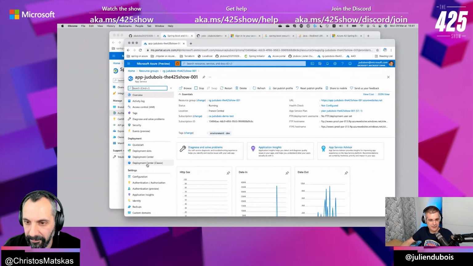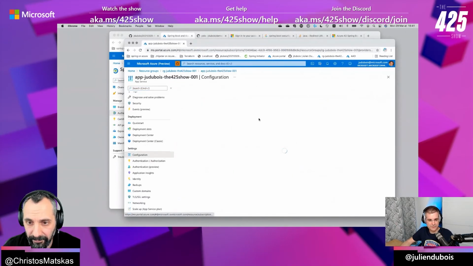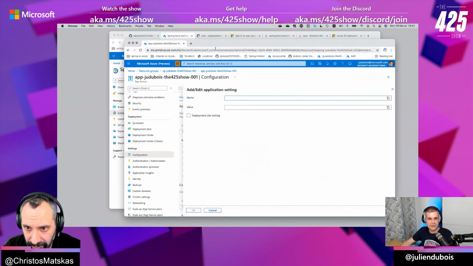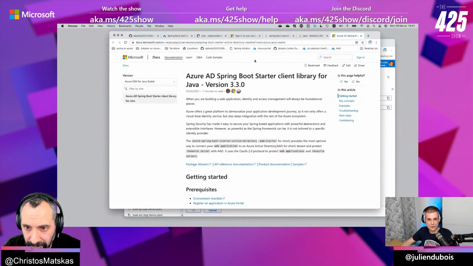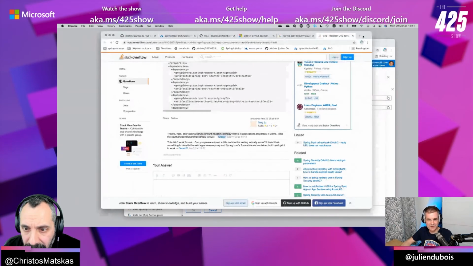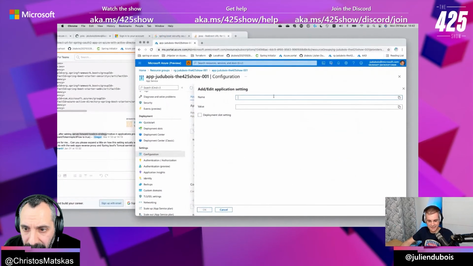And if we go to configuration, we still got our configuration. Let's add a new one with what they said was the solution. So server forward header strategy. Couldn't we have something easier to write? So that's in the application server properties, right?